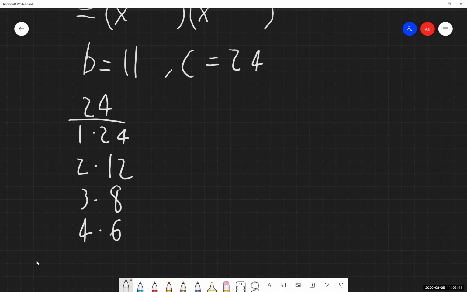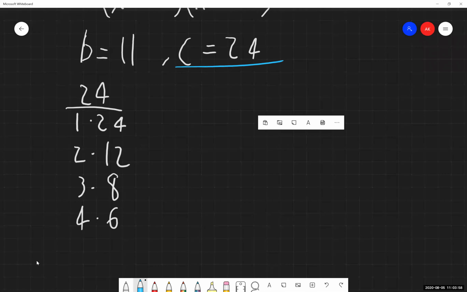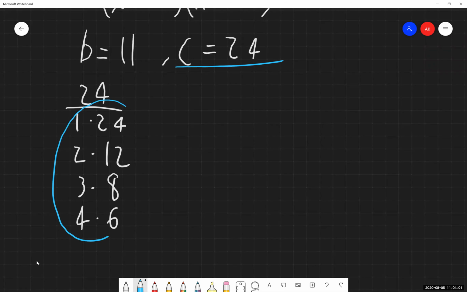So what we're going to do, let's take a look at our B and our C values, and let's think a little bit detached from this problem for a quick second. For my C value, the answer is a positive number. So that tells me that for the column of numbers that I have listed as the factors of 24, the only way that these could multiply together and give me a positive answer is if both numbers are either positive or both of the numbers are negative. So we know that both columns of numbers are going to be the exact same sign. They're both positive or they're both negative.